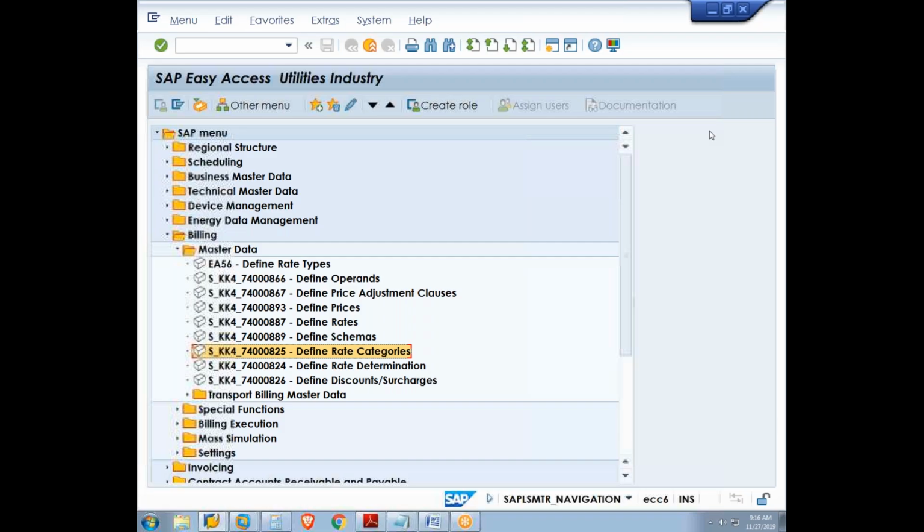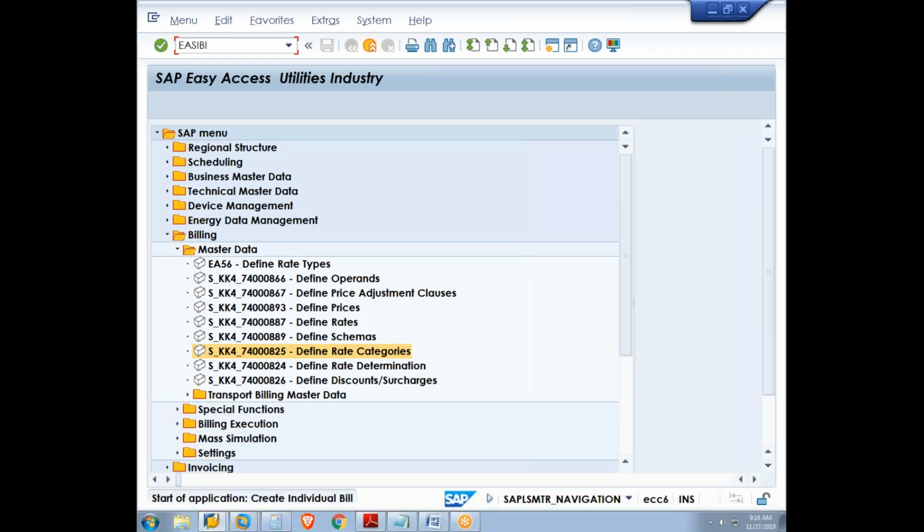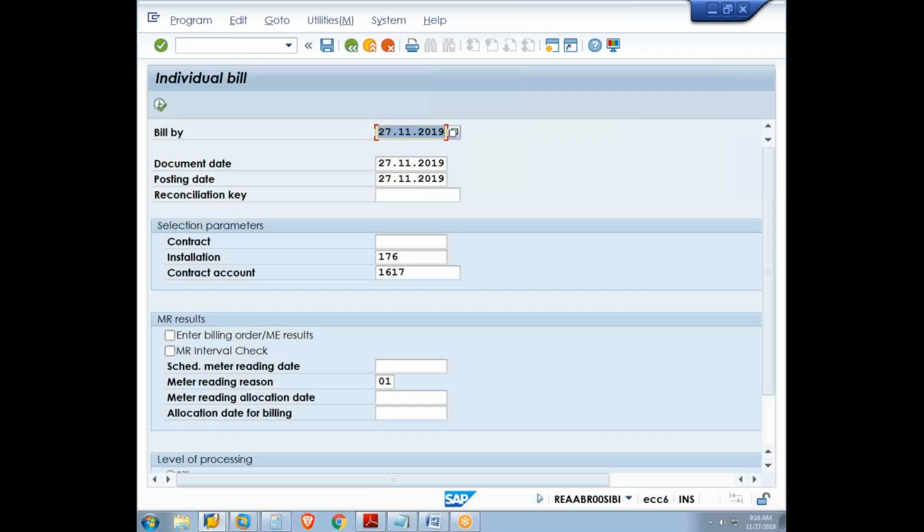So now we will just simply go and create an entry. Results already done, billing will do. So go to EASI BI. I am preparing the billing document. Billing document for the period 30/09/2019, and document date is 30/09/2019. Posting date also